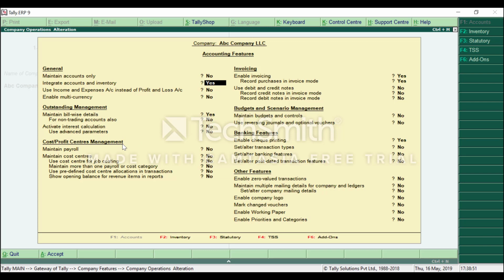Cost center, profit center management, and maintain payroll features are available. This also I'll give a detailed video. Cost center and invoicing: you have to make it as debit credit note. That also, invoice mode we can use. Budgeting and control, reversing journal and optional vouchers: these together I'll be giving in another video. Banking features, that also I will give in another video, and other features like memorandum vouchers, zero value transactions and multiple mailing names,